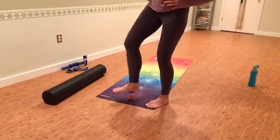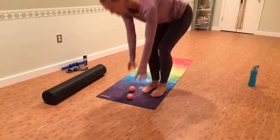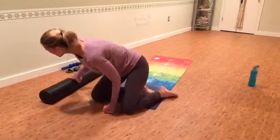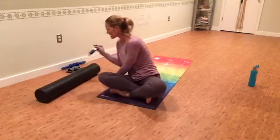And release. Good job. Both feet down. Again, just notice the energy in your feet. Yes? Okay, last thing we're going to do is, and what I didn't want to forget to tell you,